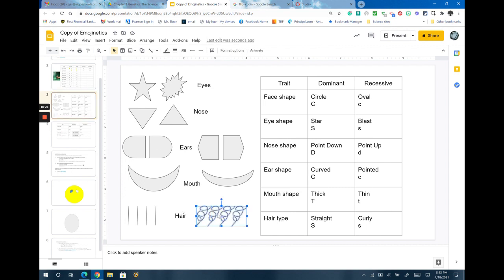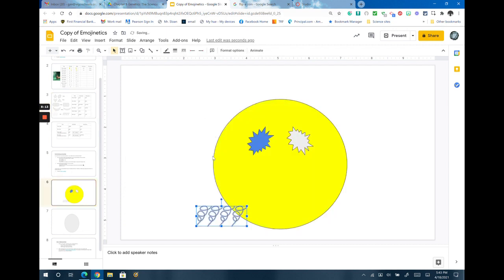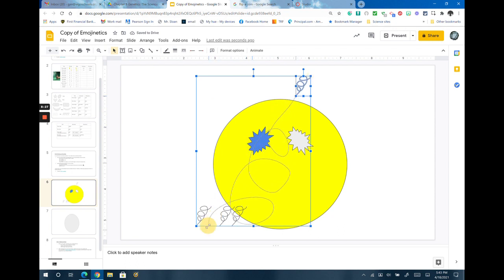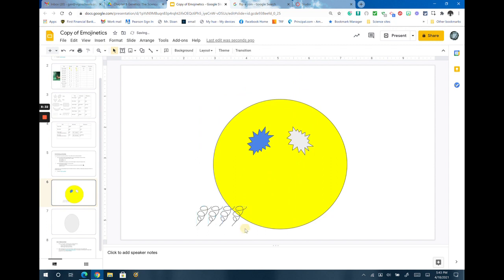All you do is just do a click, Control C to copy, go back, Control V to paste, and then move it into, whoops, I don't know what I did there. Should we select the whole thing? Oh, I don't know why those are separated. Control Z will always help you out. There we go. And we'll place the hair in. And you can change it, manipulate it, do whatever you want with the hair, put it however you want to on there. All right, then the last step,